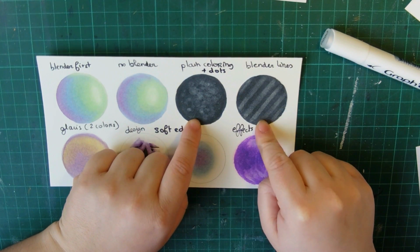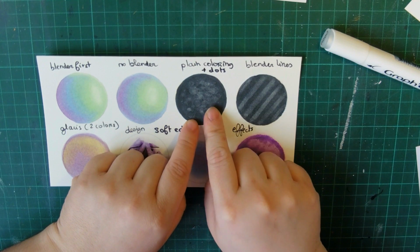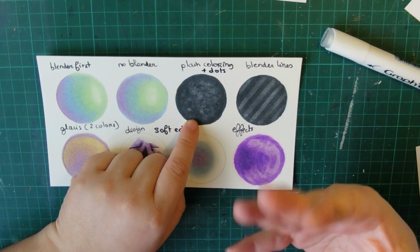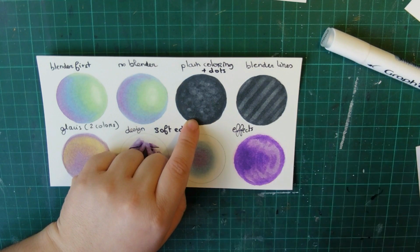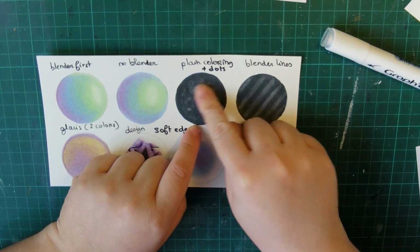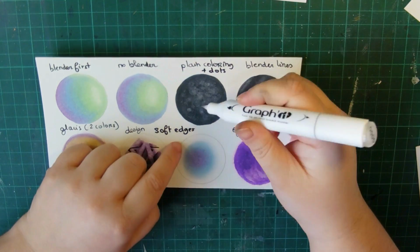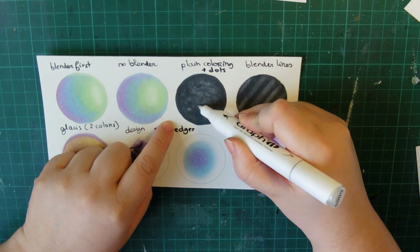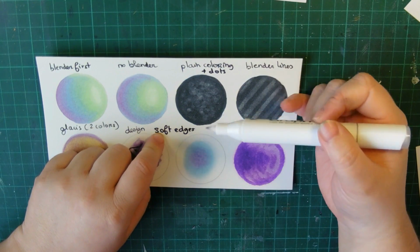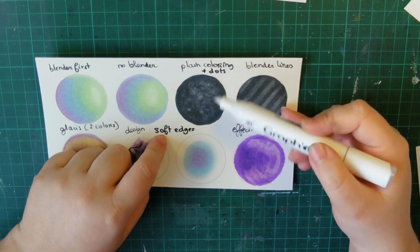And what I did here is use blenders to get effects and texturing. I feel this side would be great to use as a rock texture if you're coloring rocks or any kind of mineral-like objects. It's amazing because when you have your plain coloring, which is this darker gray here, I grab my blender and come on top, creating dots, applying pure alcohol. I'm basically applying clear alcohol ink,